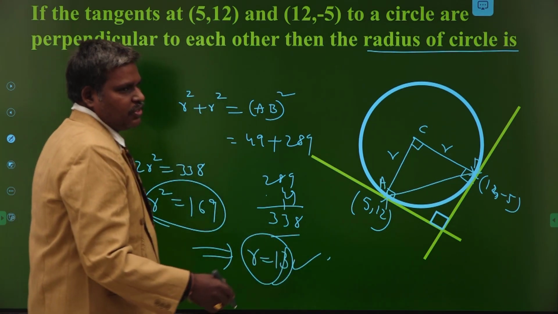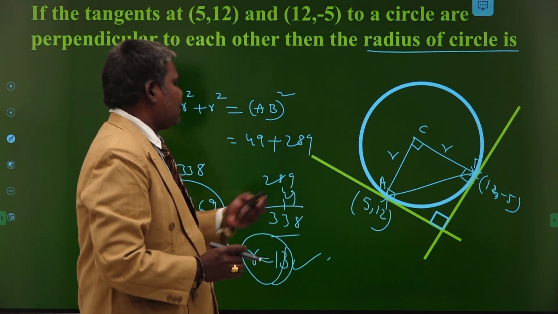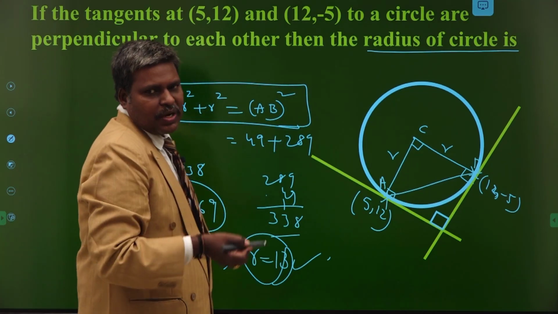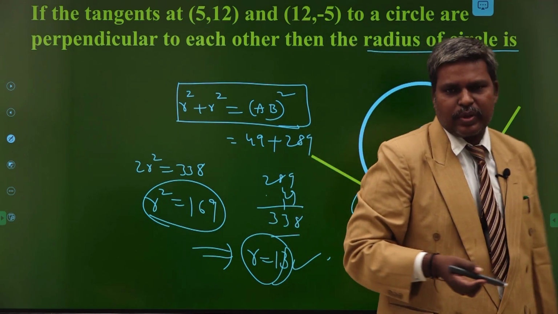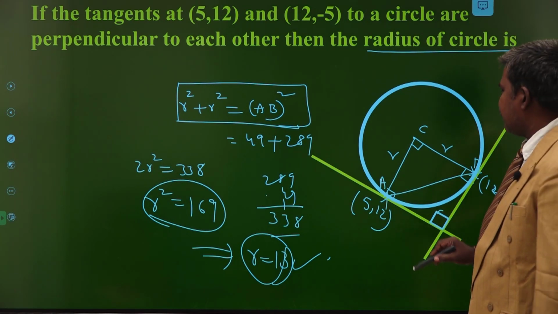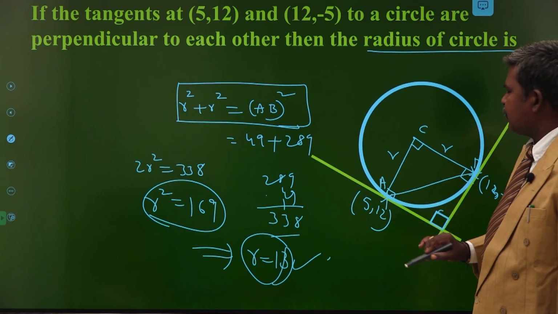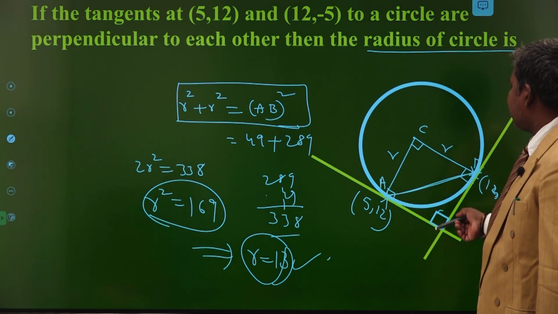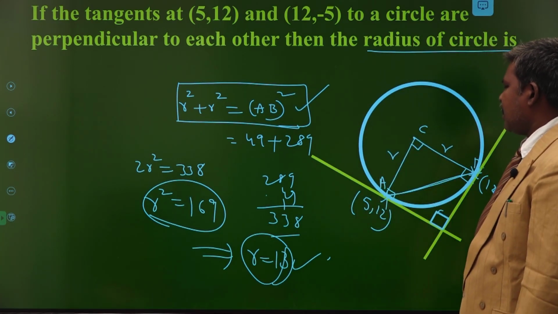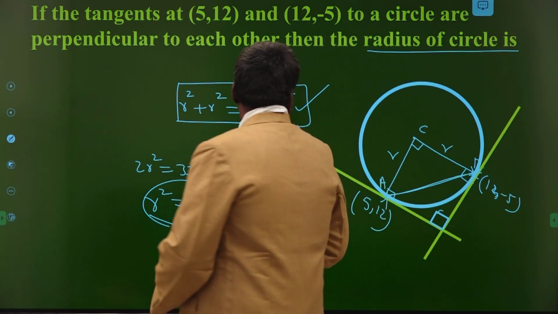So this is a very simple question, but you have to create the right angle triangle here itself. Once you know that thought, you can easily crack this one with the help of one single Pythagoras law concept, that is, side square plus side square is equal to hypotenuse square. So this is the angle 90 degrees. At the points of contact also we have 90 degrees. So the sum of the angles is 360 degrees. That is why this becomes 90 degrees. And you just join A to B. We get the AB length by using the Pythagoras law. R square plus R square equals AB square. From that you can easily calculate the value of R from the diagram itself.